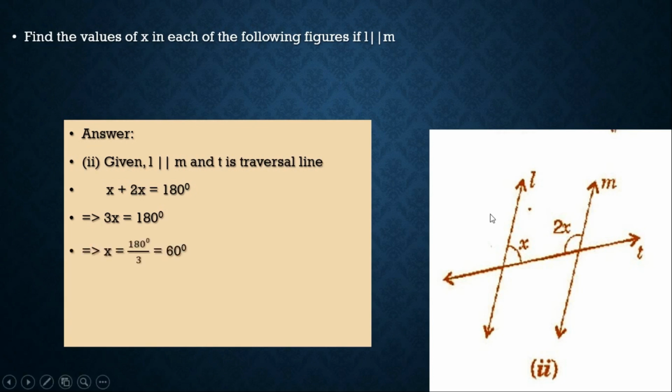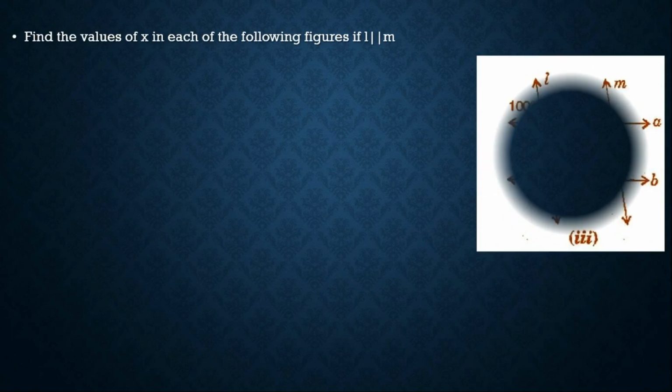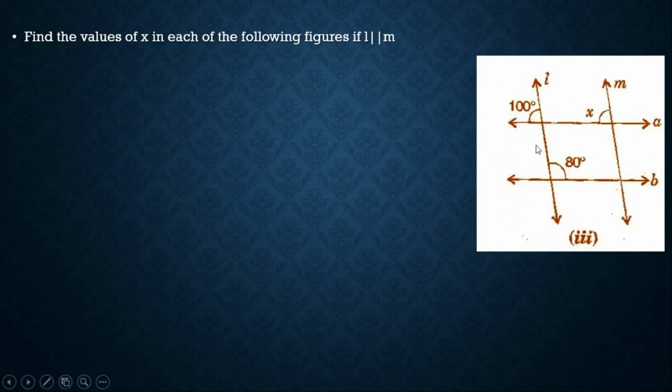So what is the value of x? The value of x is 60 degree. Here this angle is 60 degree, and this angle is 60 multiplied by 2, so it will be 120 degree. So the value of x is 60 degree. Now let us see another problem. We have to find the value of x in this case also. Now here line L and line M are